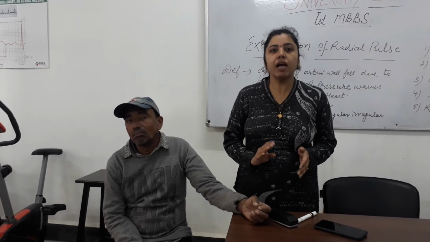The next is the condition of the pulse. Condition of pulse means you have to use your three fingers. First you will apply the pressure with your distal finger, then you will empty the artery by pressing it against your proximal finger and try to roll the artery against the head of the radius. Normally, in young age, it is soft and elastic, so it is not palpable. But in old age, due to atherosclerosis, this artery becomes a cord-like structure and becomes easily palpable.